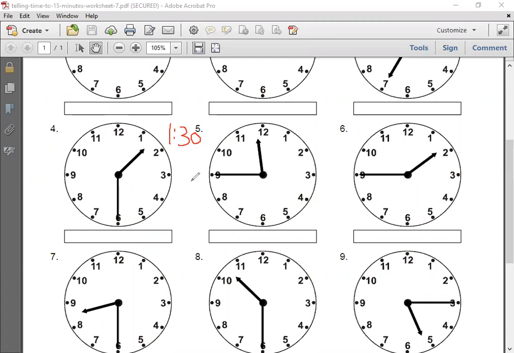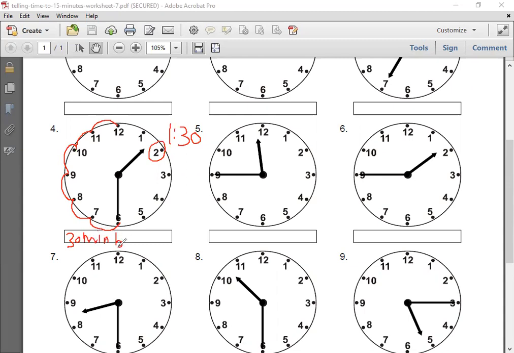First, ask yourself, what is the next hour? We can know the next hour from here. The hour now is 1, which means the next hour will be 2. So I want to know how many minutes are left for the clock to be 2 o'clock. So let's count how many minutes are left for the minute hand to reach 12. Okay, let's count. 5, 10, 15, 20, 25, 30, which means we have 30 minutes